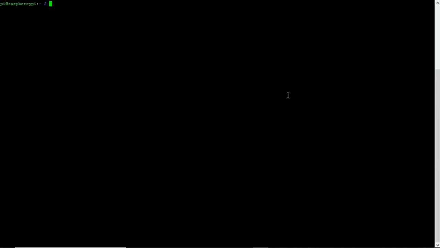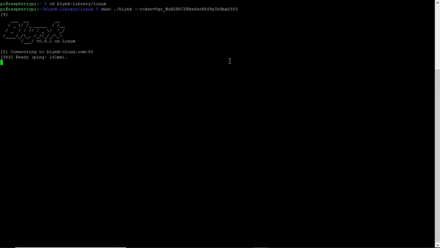For now, as I have already gone through installing the Blink library and configuring Blink as well, we just need to enter this directory, then run the command with my auth key here. That's the authentication key which you'll be getting on your email for the specific project you've created. You just run that. There you see there's the specific text for Blink, and then we are readily connected to the Blink cloud and ready to access the Raspberry Pi board through the Blink app. So let's move to the hardware and check out its working when commands are provided from the Blink app.